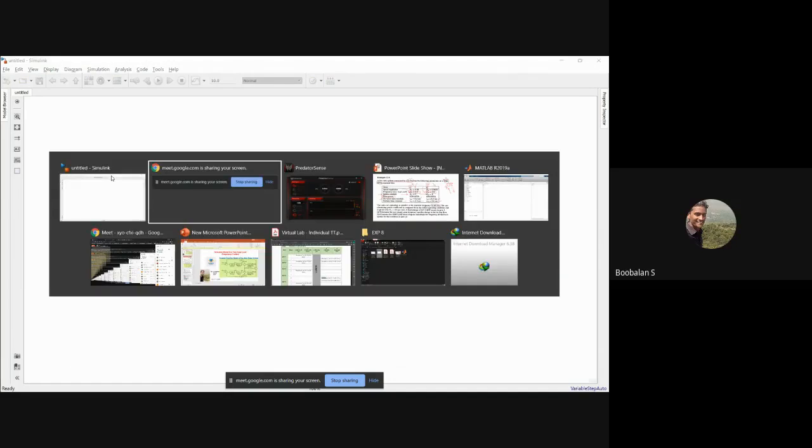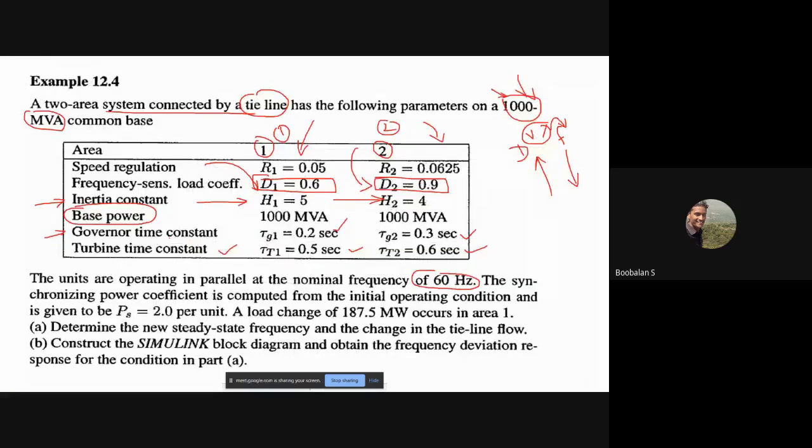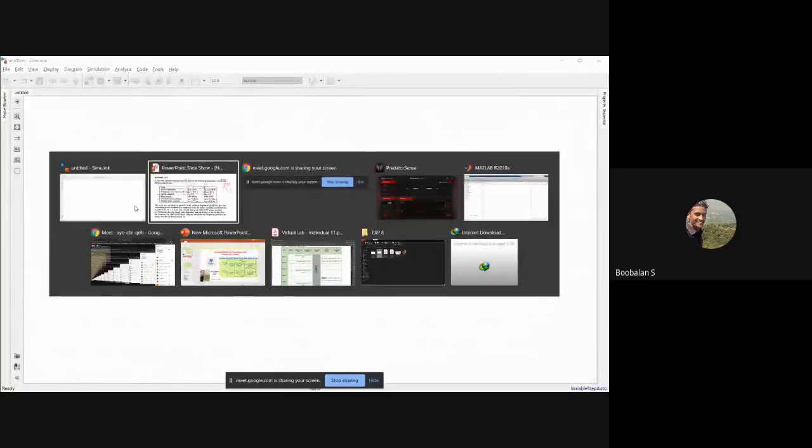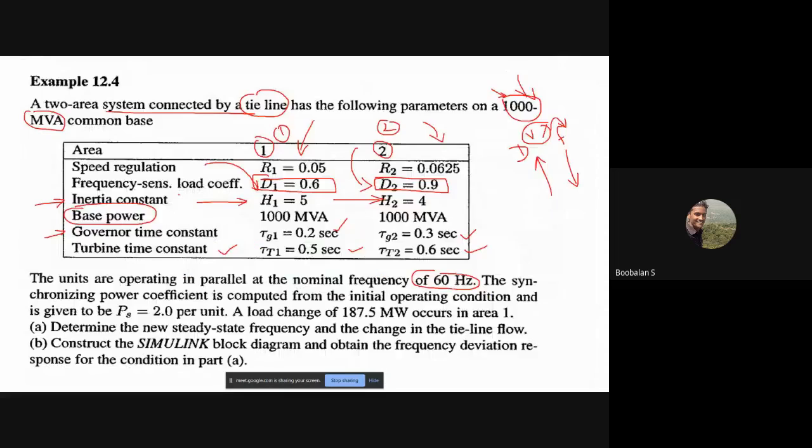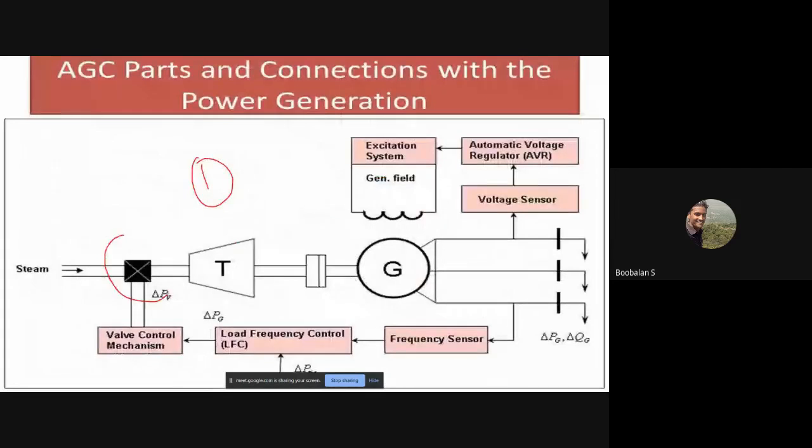So let's start with the very first thing, which is the governor time constant, right? First of all, the first block should be the governor, that is called the steam speed governor. First block, first transfer function. This transfer function is going to represent my speed governor. Second is the turbine. Third one is the rotating mass, right? This is the procedure we saw just yesterday, and we're going to continue the same procedure.